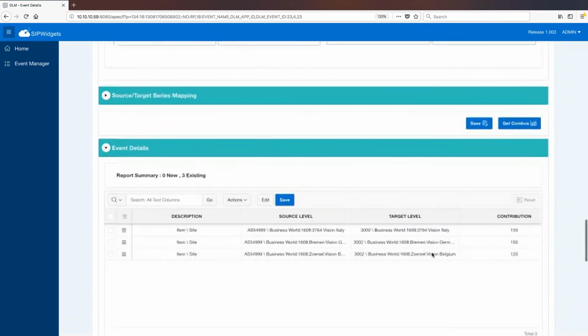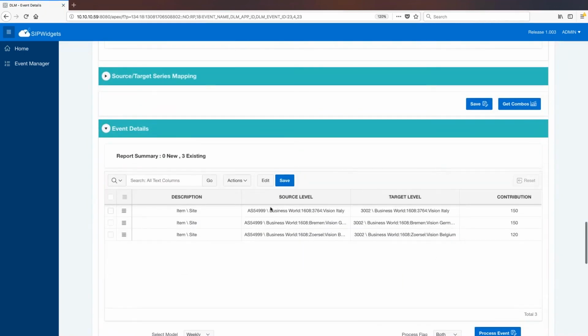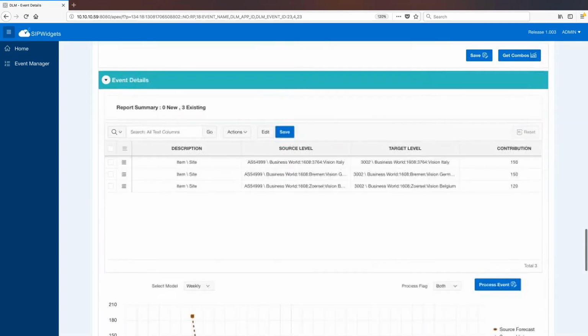Once we run the get combo, which brings in all the new combinations, it shows that we already have the combinations created here. And then it shows you the contribution percentages, which shows you the source level here, and also the contributions.